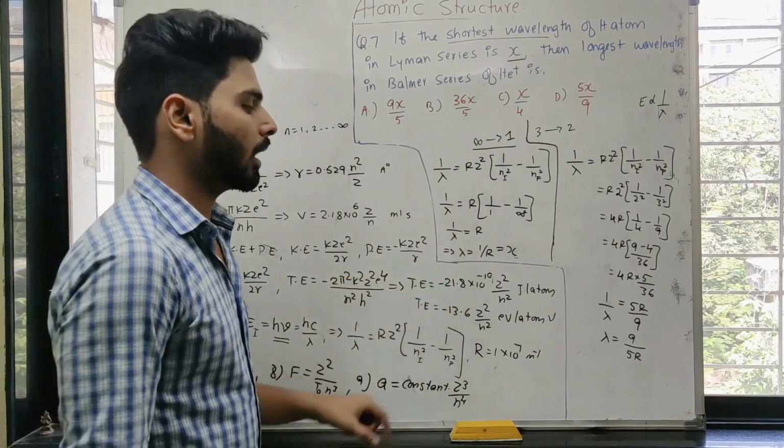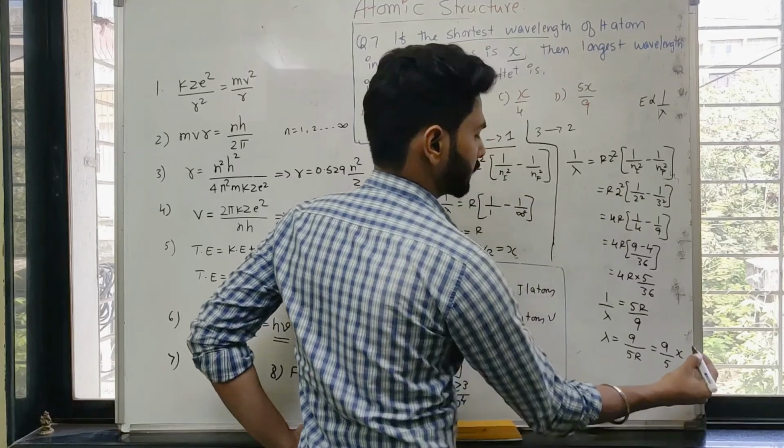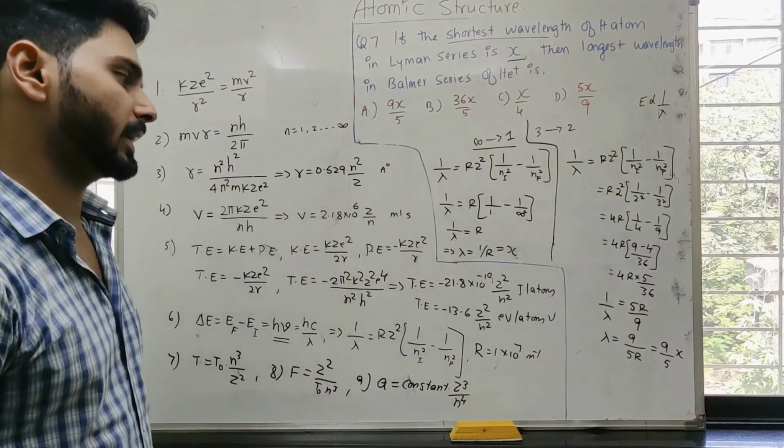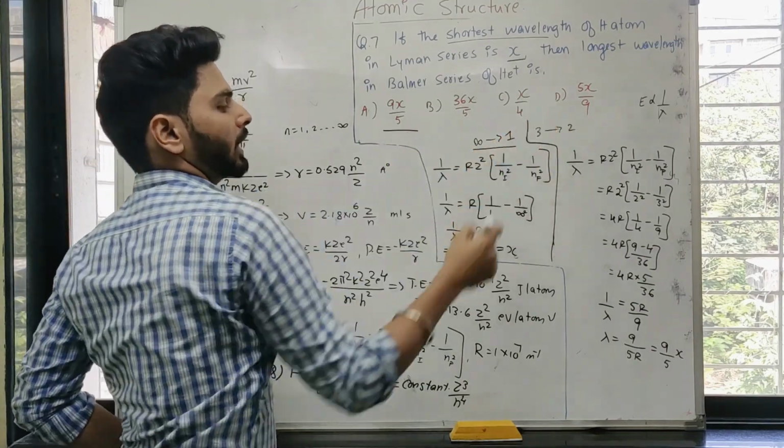So 1 upon R is x. This means 9 by 5x. 1 upon R is x. So 9x by 5. Remember, you